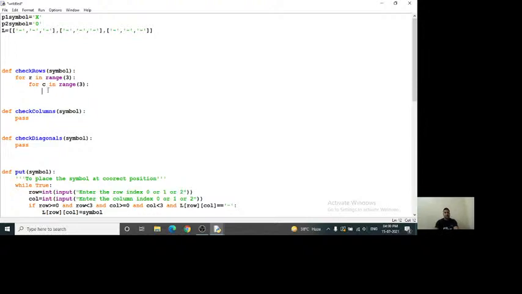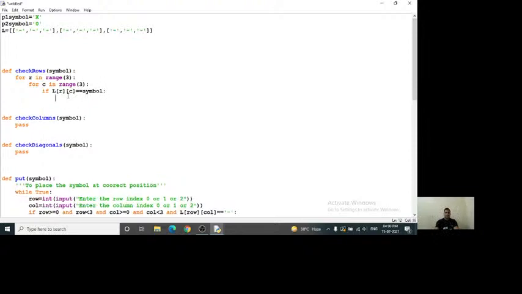So what do we have to check? How can we identify the position? We get it from R and C. If it is equal to the symbol we are getting in the formal parameter,